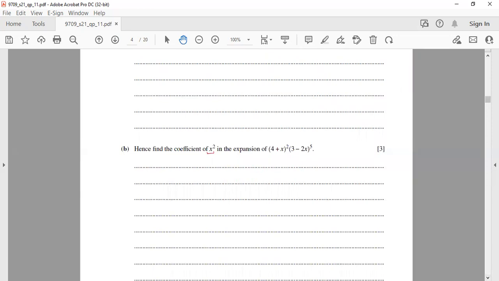So how to proceed? We have (4 plus x) squared into (3 minus 2x) to the power 5. Remember that (a plus b) squared is equal to a squared plus 2ab plus b squared. This concept can apply for the first one. So you have (4 plus x) whole squared, and you make use of a squared plus 2ab plus b squared. So we will have 4 squared plus 2 times 4 times x plus x squared